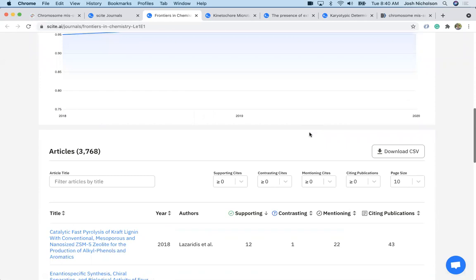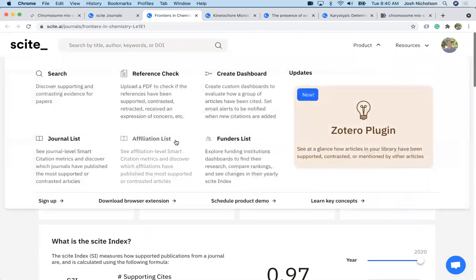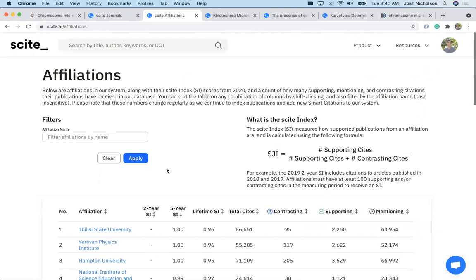Is this a journal that I trust? It really just gives this extra information beyond just the impact factor to anyone that's interested in it. Another thing that we've recently added, and this is still a little bit of a work in progress because we're still adding data to this,